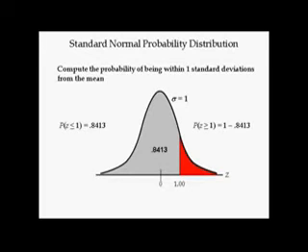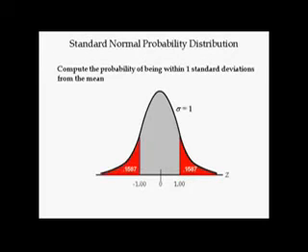Since we want to know the probability of being greater than 1, we use the complement rule. Thus, the probability of being greater than or equal to 1 is 1 minus 0.8413, which is equal to 0.1587. This is the same value that is in the lower tail probability, and this is because, again, the distribution is symmetric. If the lower and upper tail probabilities both equal 0.1587, the area in the tails is 0.3174. Using the complement rule again, the probability of being inside the tails is equal to 1 minus 0.3174, which